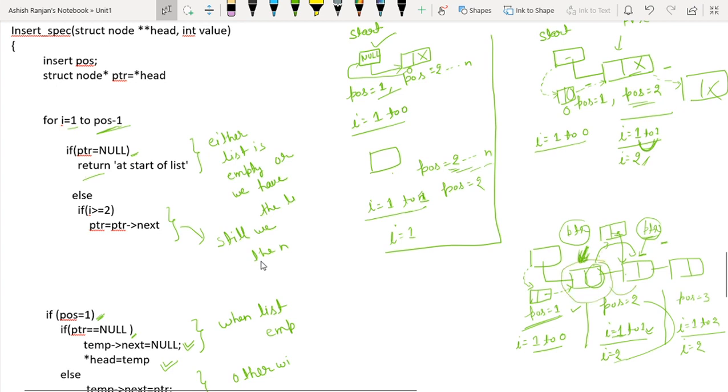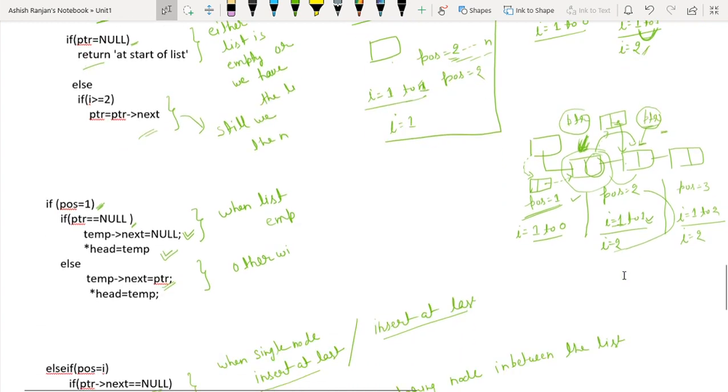But when i equals 2, I have to increase it, and onward. So this is for that case. Again this is true, and ptr will become ptr's next and i will become 3. We have to execute the loop from i equals 1 to 2, so it will be false and we'll come out of the loop.